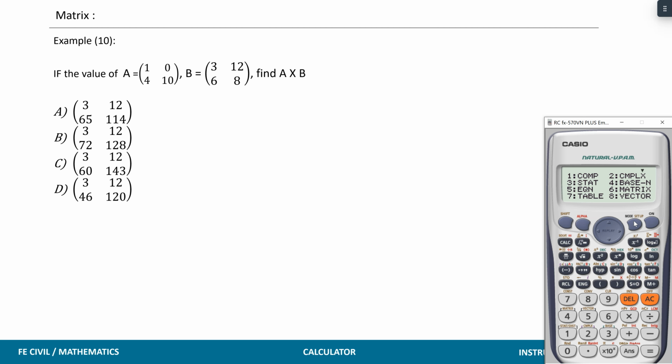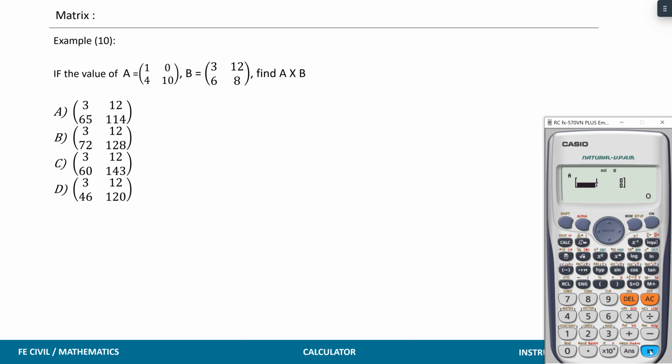Then we're gonna go to matrix, and then we're gonna go to matrix A. The number of rows here is 2, and the number of columns is 2, so we're gonna choose 2 by 2, which is number 5,